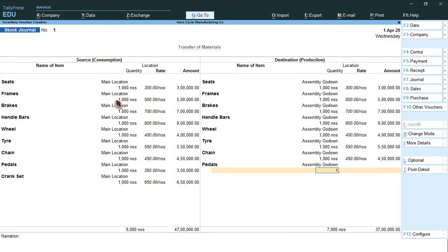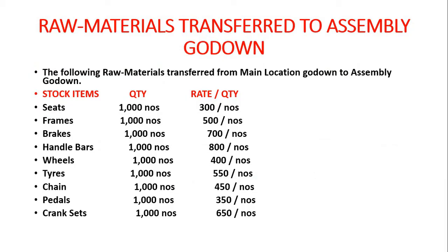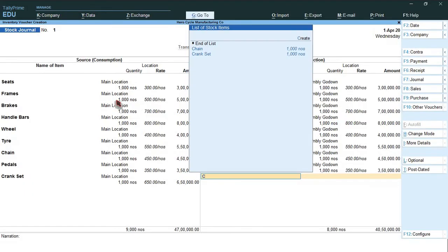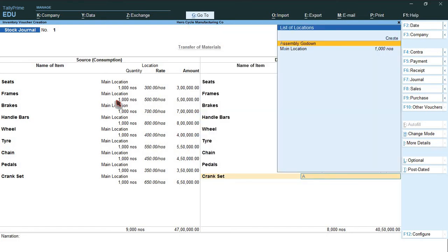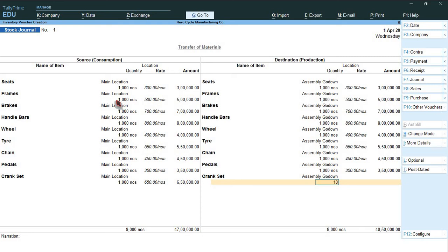Assembly Godown 1000. Crankset. Assembly Godown 1000. Okay friends. So like this you have to enter the goods transferred from one Godown to another Godown transaction.